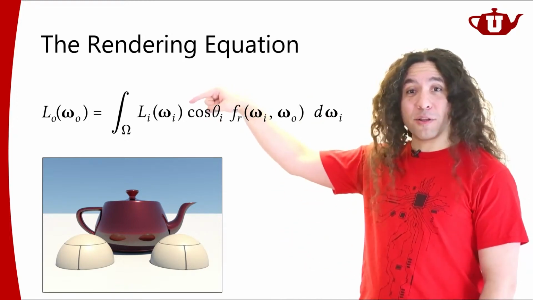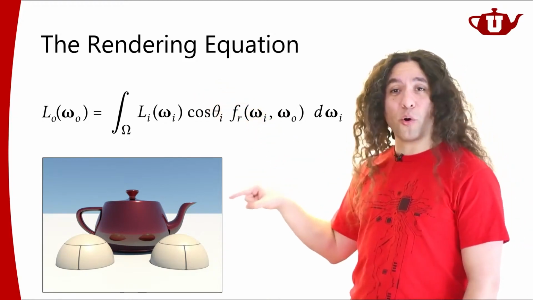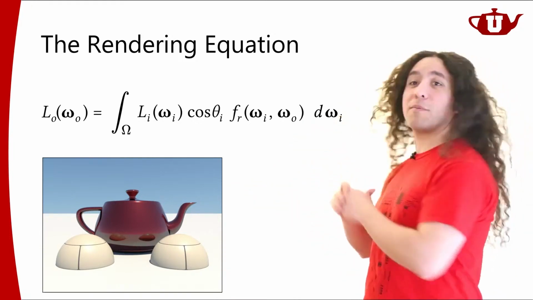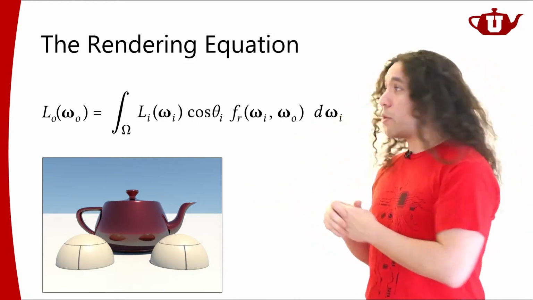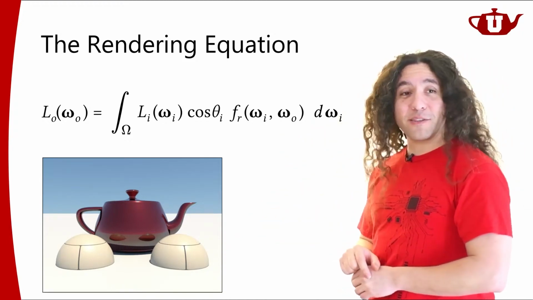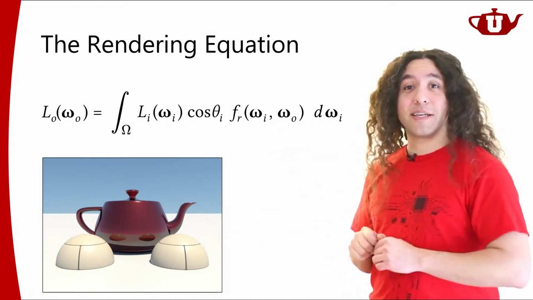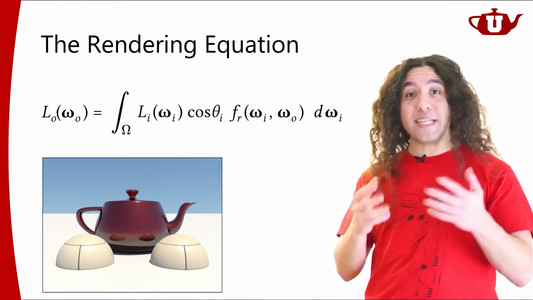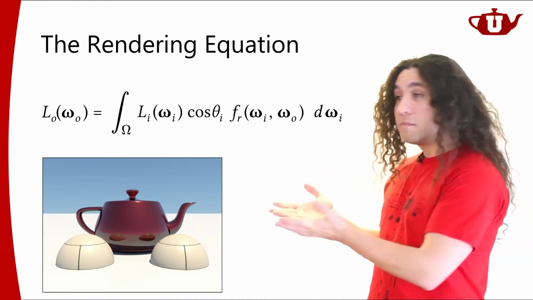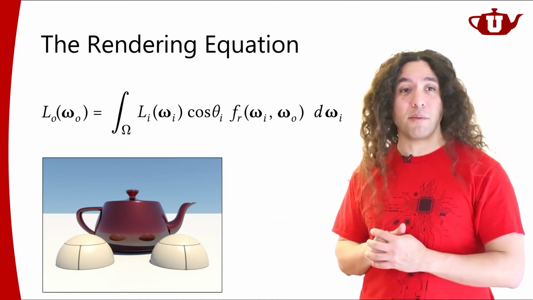So in here, when you look at the rendering equation, for certain points on this teapot, if you look at all possible directions over the hemisphere, some directions will contain light coming from these other objects in the scene. Right? So that's going to be the light coming from these other objects. So basically, these reflections that we see on the surface are nothing but just light coming from these other objects.